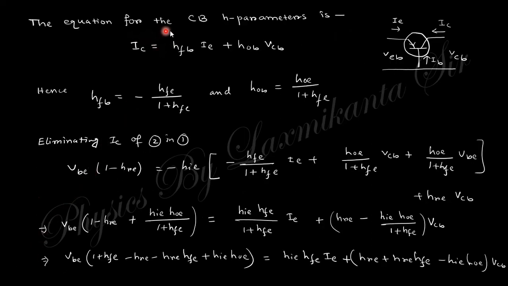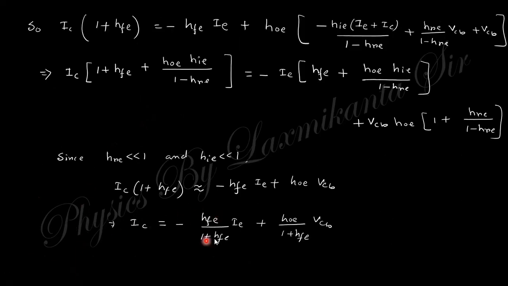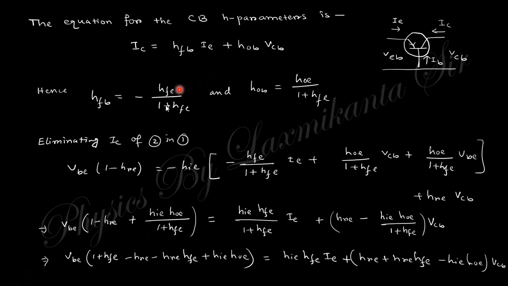Now for this equation in the CB configuration, the common base configuration, you can write the output current as HFB IE plus HOB VCB, where B is for base, HF is the forward current gain, and HO is the output admittance. Okay, so this is that one. So finally, if you compare these two things, that is IC here and also IC here,